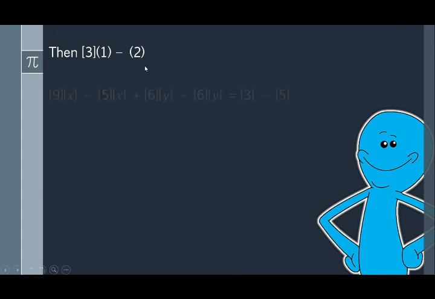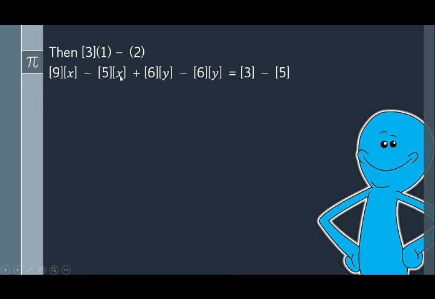this computation will give me 9x minus 5x, which will give me a congruence class of 4 times the congruence class of x. And this 6y and this 6y will give me 0, so I do not need to add it here. And lastly, the congruence class of 3 minus the congruence class of 5 will give me the congruence class of minus 2. So I'm looking for